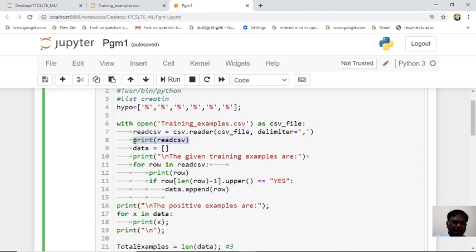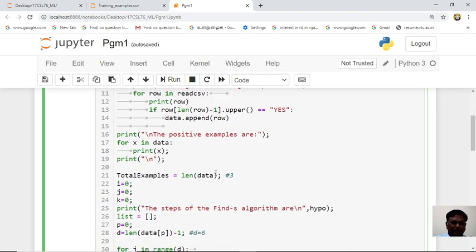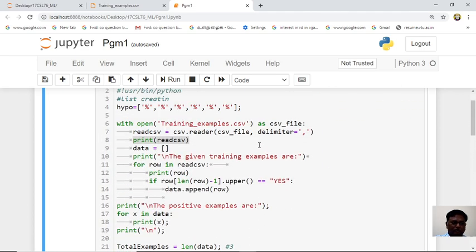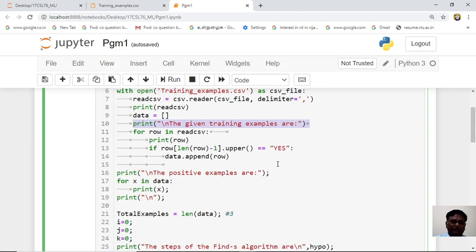Just we are printing the CSV, so we will see what data we have in our input file. So I will show you the input. First, you cannot directly print the file handler, you have to use a for loop statement. One by one you have to fetch all the data and then you have to print. You cannot simply print like this. You have to use a for loop and open your file one by one and print. We are initializing a list called data. Data is one empty list. Now we will print all the data, what is there in our input file. The given training examples will just be retrieved from the CSV file and printed here.